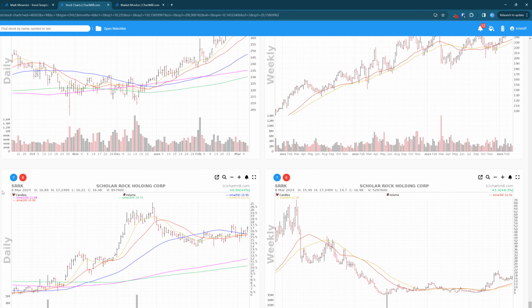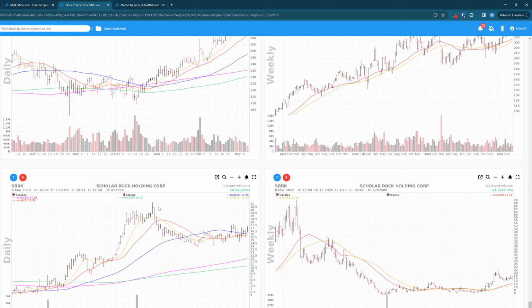And the last one, SRRK. It's sort of a, if you have a lot of imagination, cup and handle with a low cheat over here. But again, I've retained this especially because of the weekly chart. If it can get above the 21 level, it's definitely, it already broke out. It's already a premature stage 2, but we need confirmation, and this confirmation,